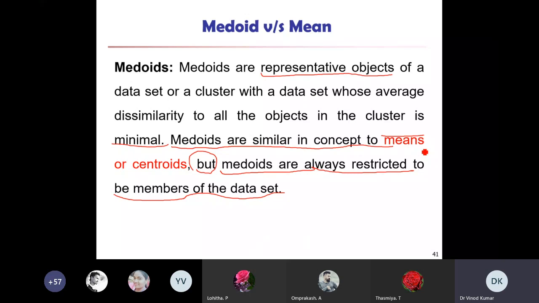The mean point will change, so it may or may not be a member of your data set. But medoids are always restricted to be a member of the data set. This is the restriction in the medoid algorithm.